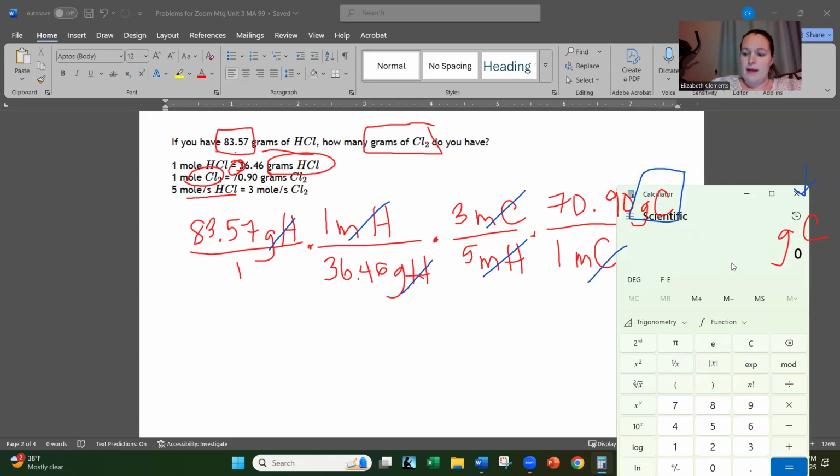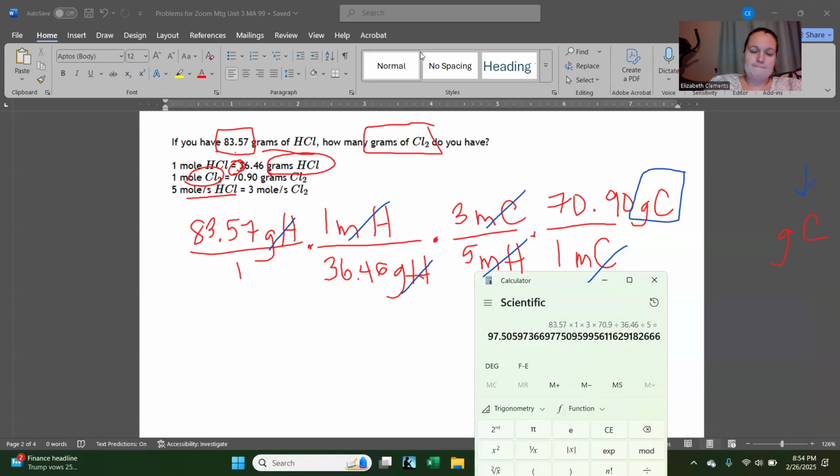So I'm going to go 83.57 times 1 times 3 times 70.90. Then I divide by all the stuff in the denominator: divided by 36.46, divided by 5, divided by 1, but those don't do anything. And you end up with